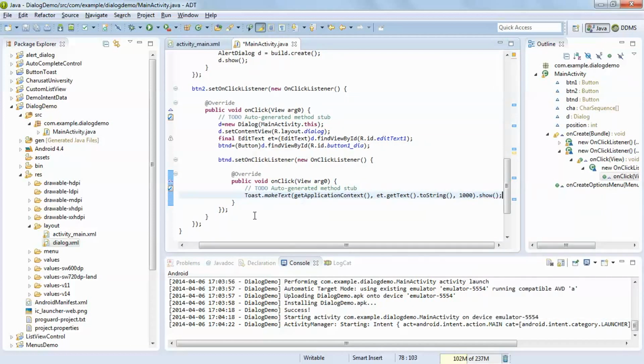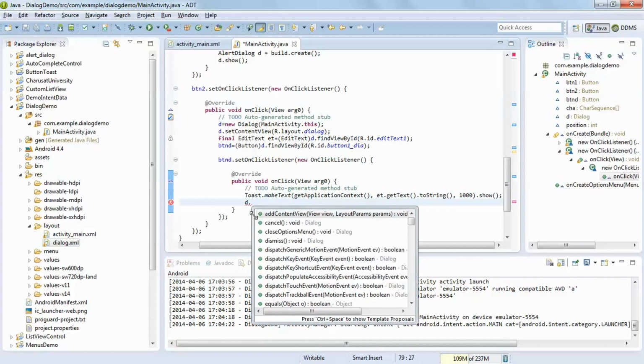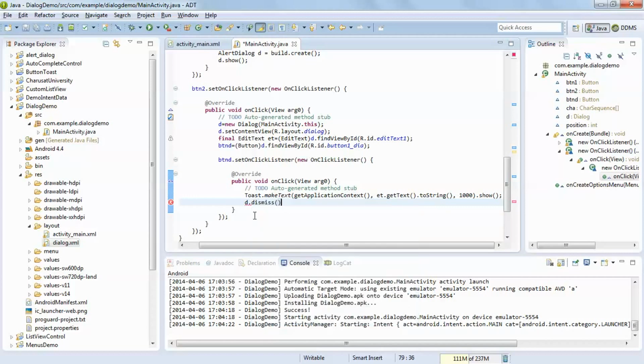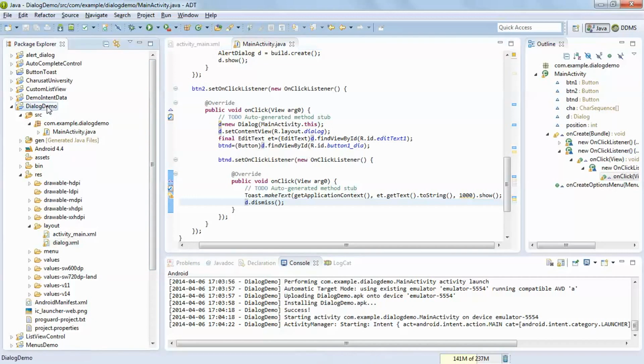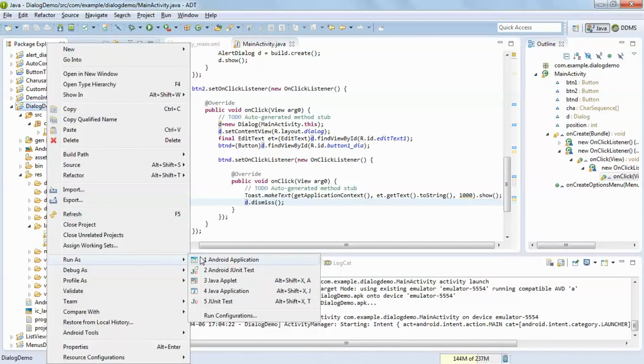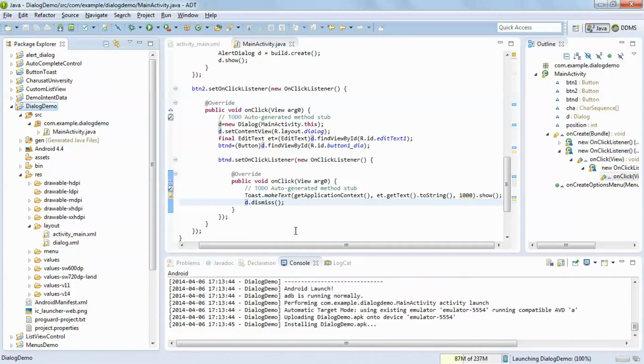And after that here we are using the custom dialog. For that we have to manage dialog dot dismiss, the method by which when you click on the button, it will disappear automatically. If you don't write this, it will not disappear automatically. So right click on your project, run as Android application, and